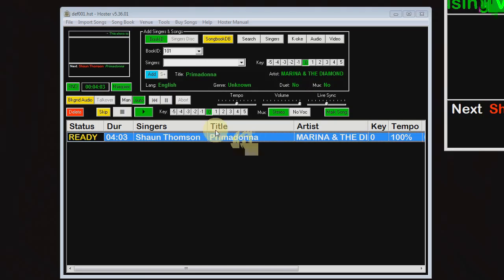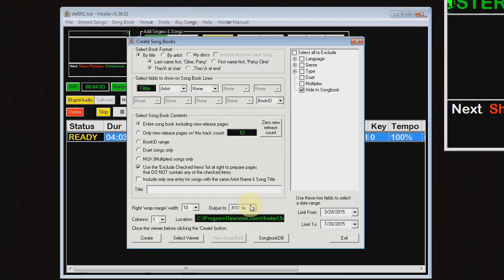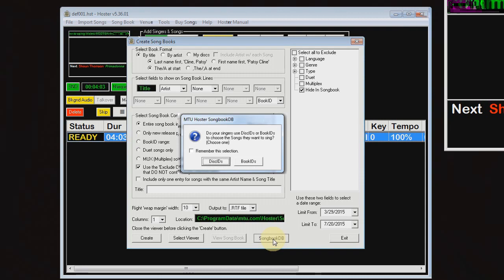Something to be aware of, whenever you add new songs to Hoster, you'll also need to repeat the following process so that any song changes are reflected in SongbookDB. So let's go ahead and do that now. Click the Songbook menu, click the SongbookDB button, and at this stage it'll ask you if you want to use disk IDs or book IDs. Just choose whichever you've chosen to use in your Hoster database